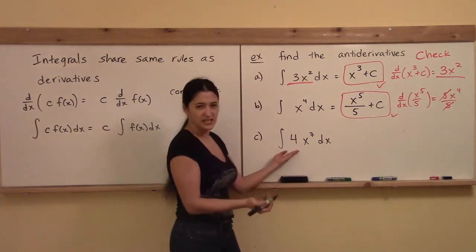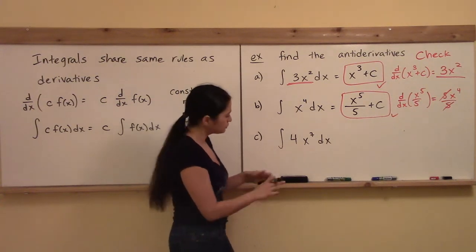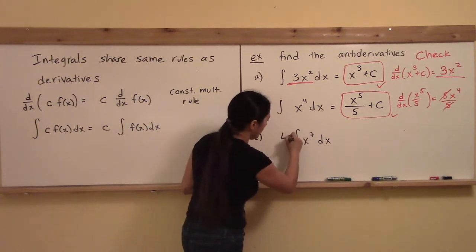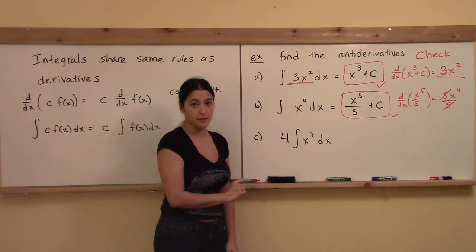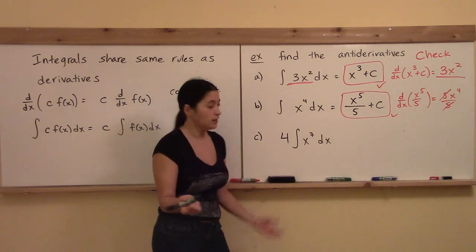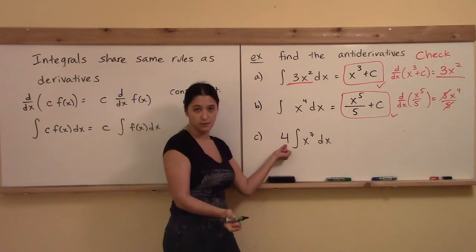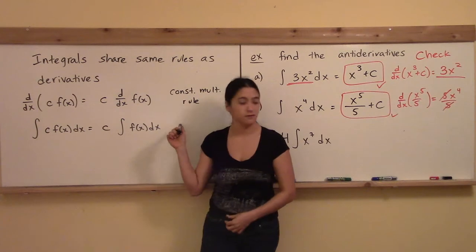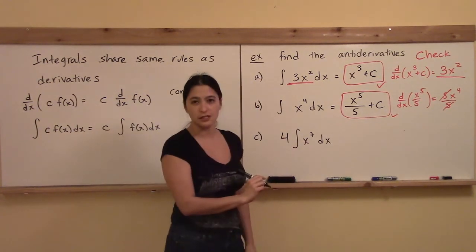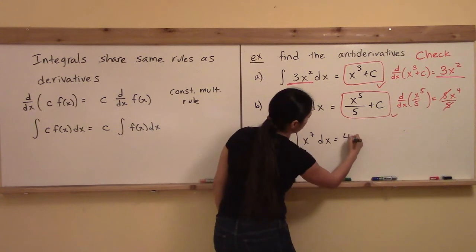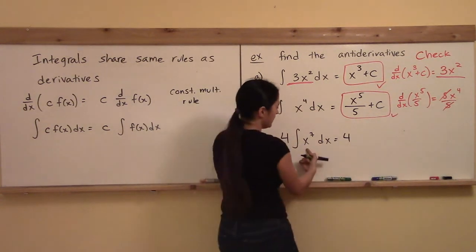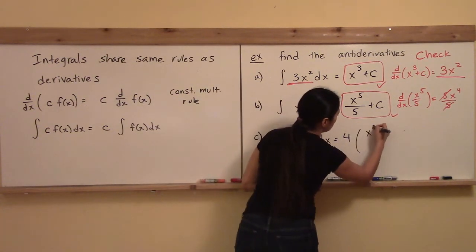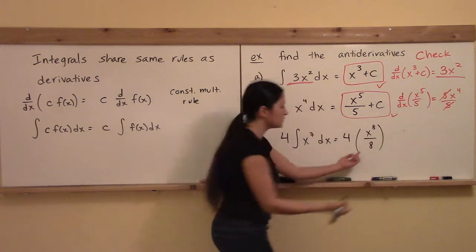You see, there's a 4 inside this integral, right? But that's a constant multiple, so really if I want, that's the same thing as pulling the 4 outside the integral. Did you see what happened there? You can do that as much as you want. As long as it's just a constant multiplier, the number 4 here, you can take it and put it outside the integral. Same thing we were doing with derivatives. Because that might make it a little easier for me to figure out, you see, because the 4 is just sitting out there waiting for me, and if I have an x to the 7, very similar to the x to the 4, I know that it's going to be 1 higher and divided exactly by what I raised to